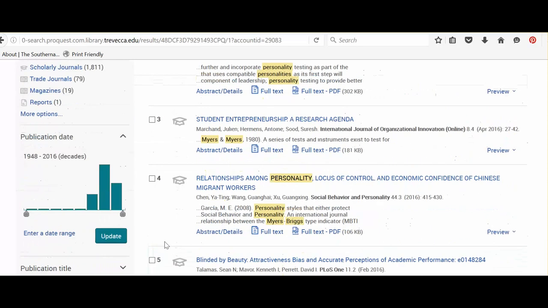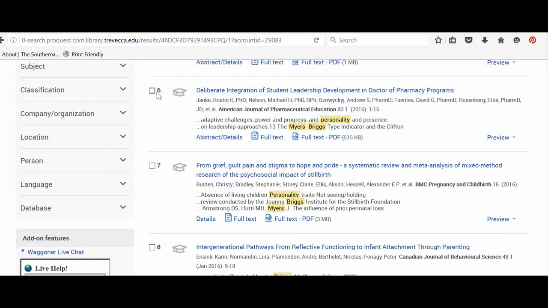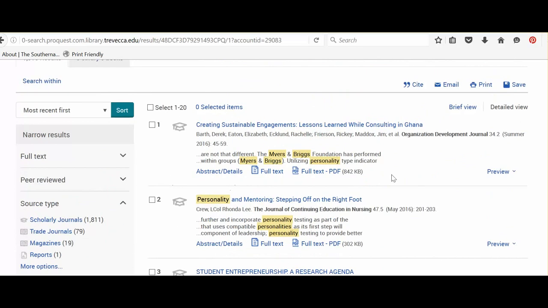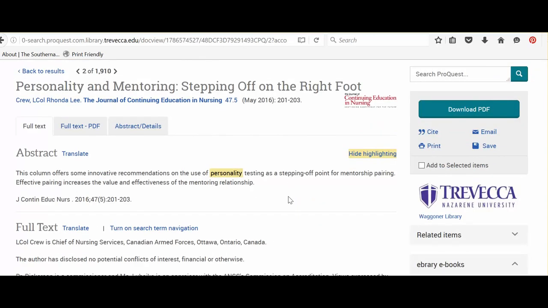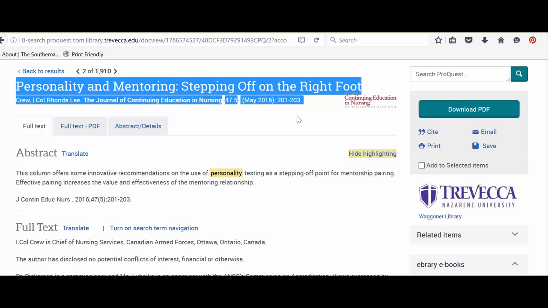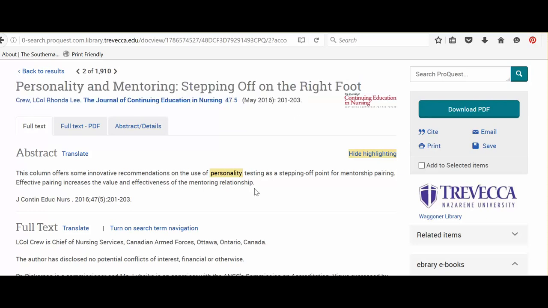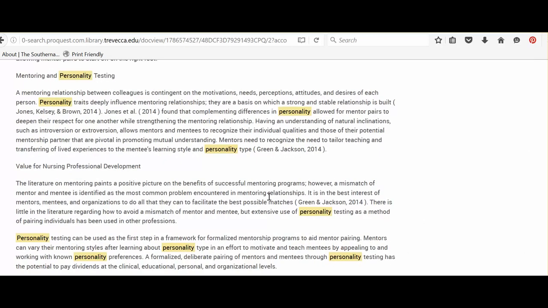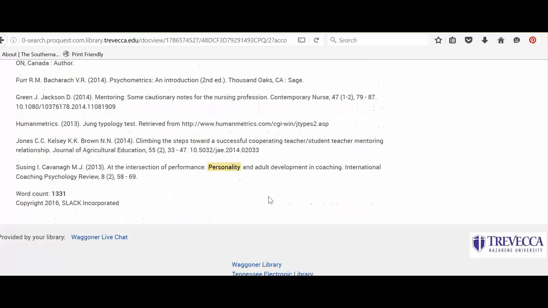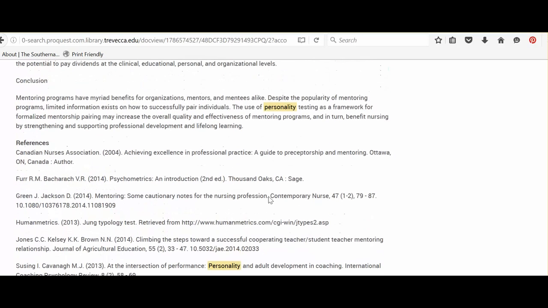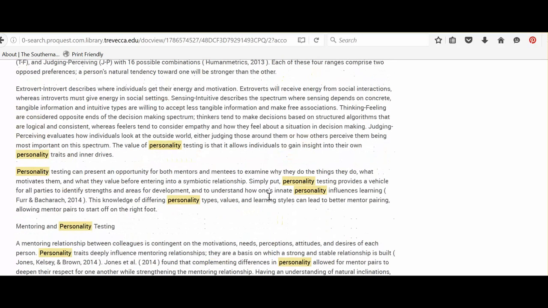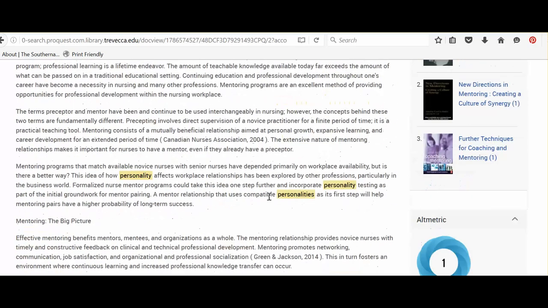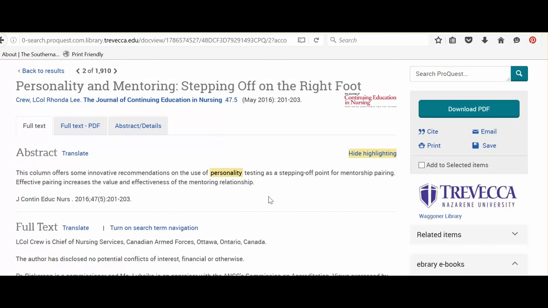I'm going to remove my marks here. I want to open one of these so you can see an article. I'm going to click on the title. And here, this part here is the same that you saw before. It's the article citation. You have the abstract, then you have the full text. This is the complete, unedited full text. It does include any references if they were included, images as well. So this is what is called full text.